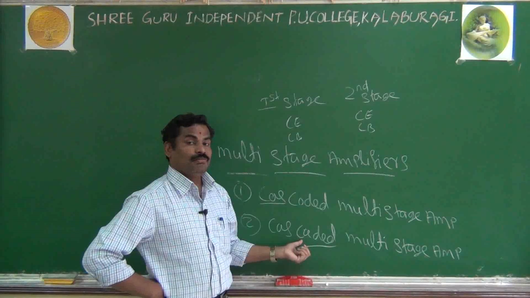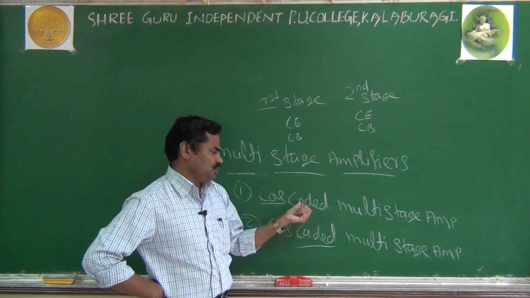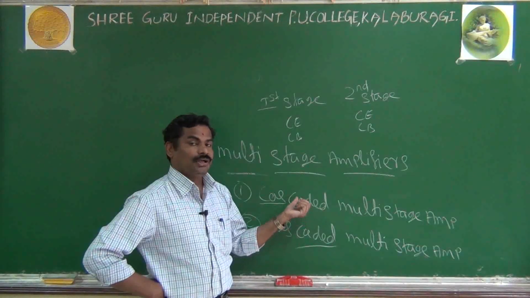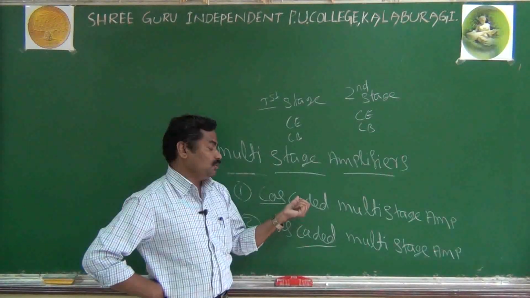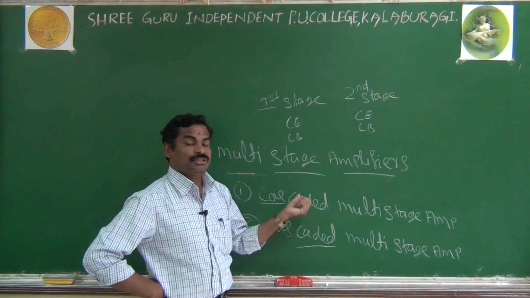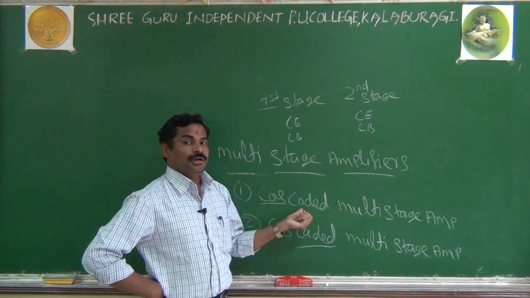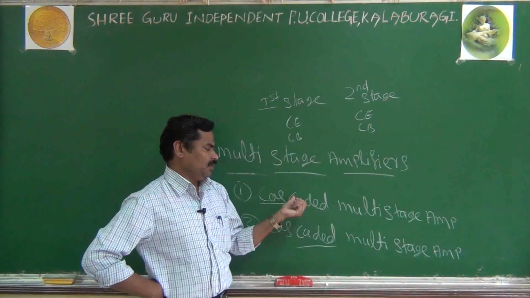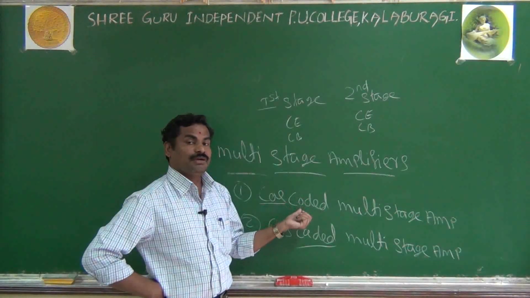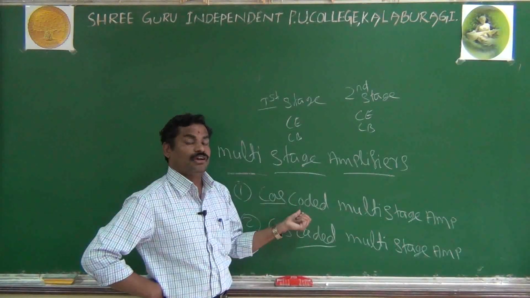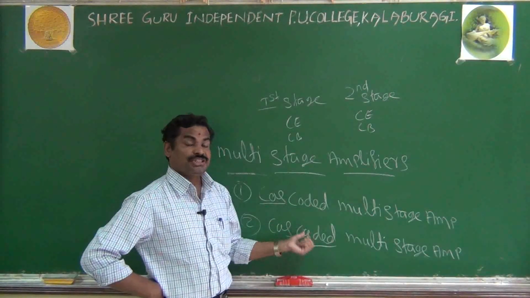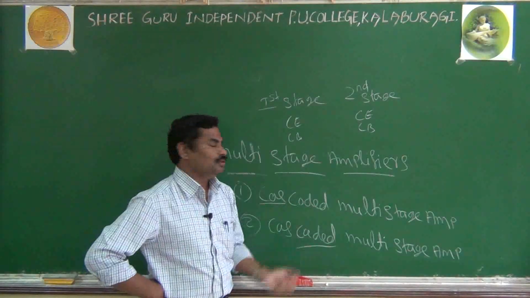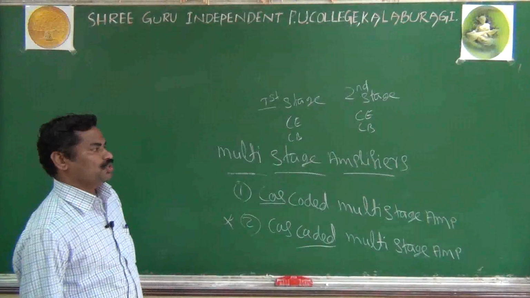That is about the cascade amplifier, and also the difference between the cascode and the cascade multi-stage amplifier. The only difference is CO and CA. CO is cascode. Here you are not using the same type of amplifiers. You are using different types of amplifiers, as well as different couplings between the two stages. In the cascode, you use different configurations, but in the cascade, you use the same configuration. And here you use different couplings, there the same coupling. This is in brief about multi-stage amplifiers.